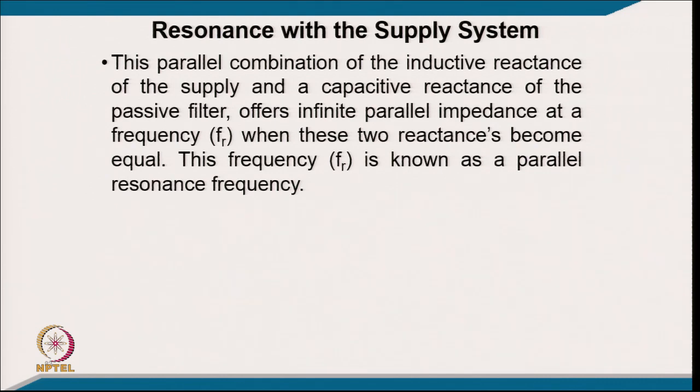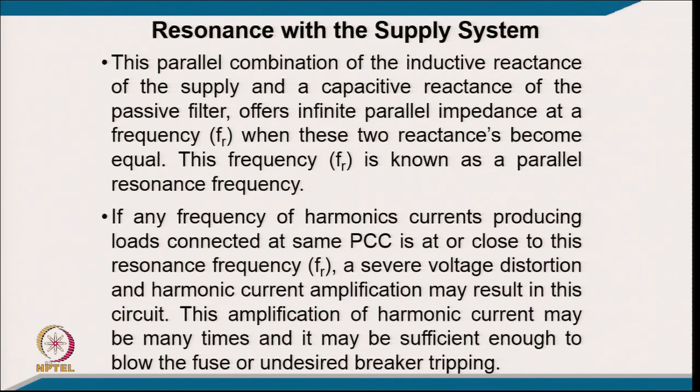This parallel combination of the inductive reactance of the supply system and the capacitive reactance of the passive filter offers an infinite parallel impedance at a frequency FR when these two reactances become equal, and this frequency FR is known as the parallel resonance frequency. If the frequency of any harmonic current producing load connected at the point of common coupling is at or close to this resonance frequency, severe voltage distortion and harmonic current amplification may result in this circuit, and this amplification of harmonic current may